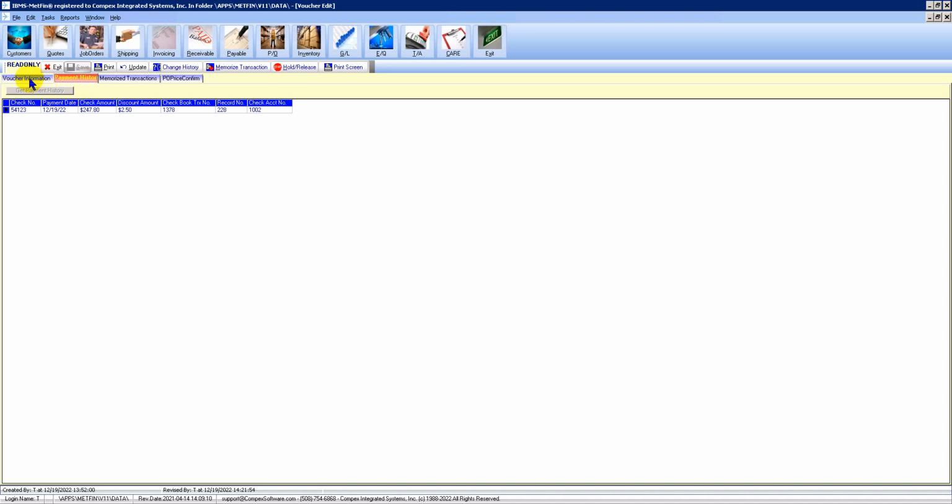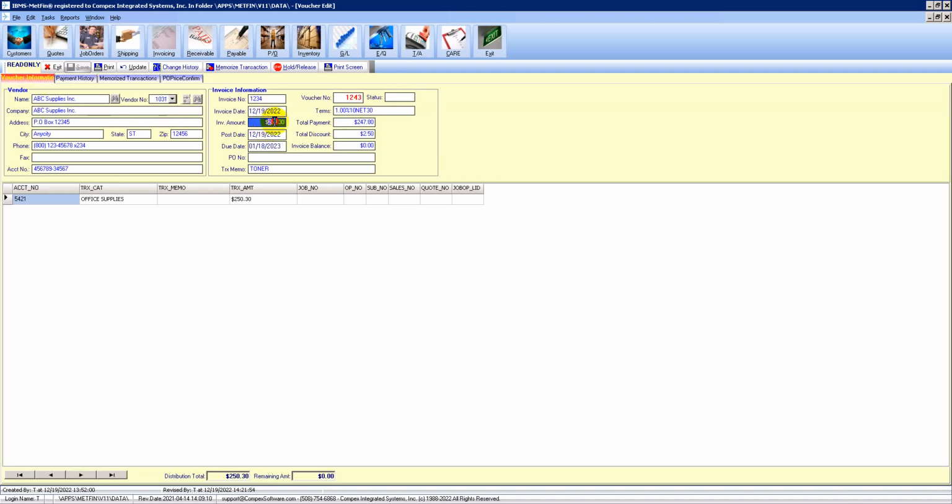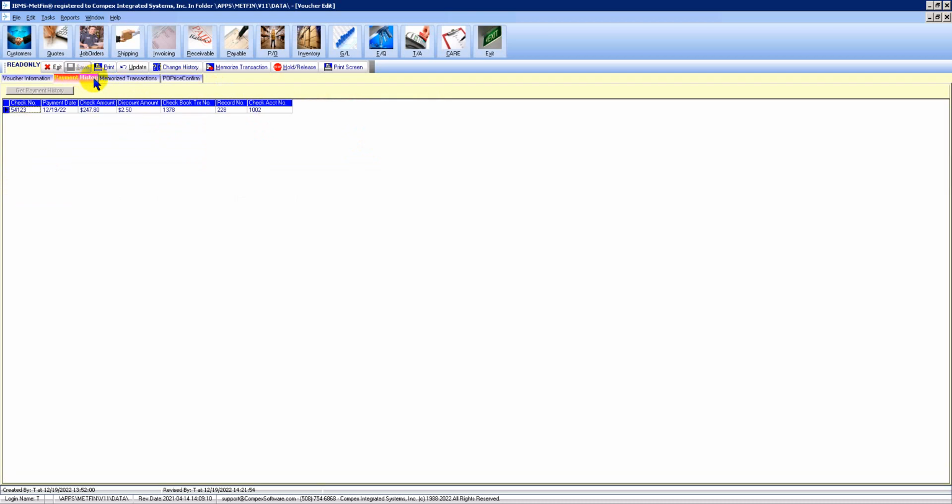We can actually double click on this and take a look at the payment history. Okay, so here it shows the invoice amount, and now the invoice balance is down to 0. So a total payment of $247.80 with the discount. And if you look at the payment history, you can see that it has a payment associated with check number 54123. That's what we put in, the payment amount, the payment check amount, the discount, and the checkbook